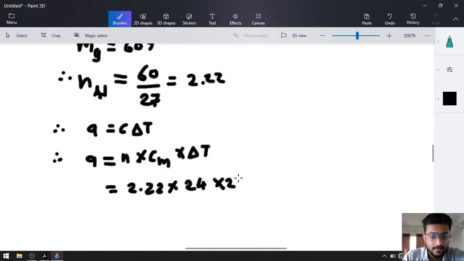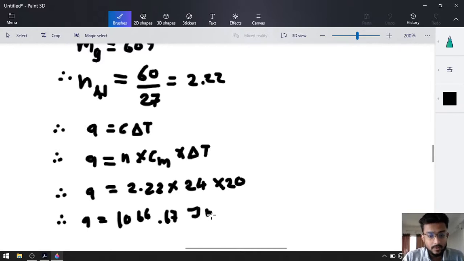So this will be your answer. Okay, so Q will be equal to 2.22 into 24 into 20. Answer will be equal to 1066.67